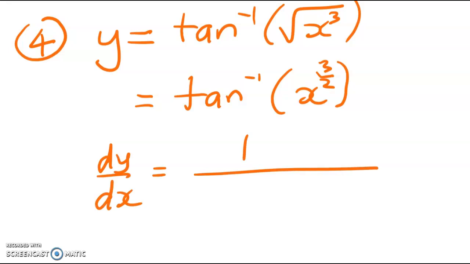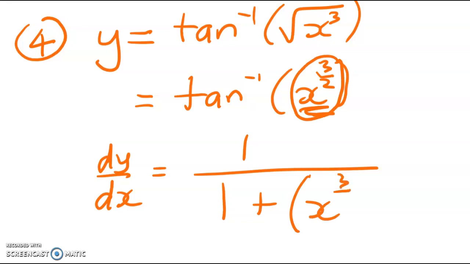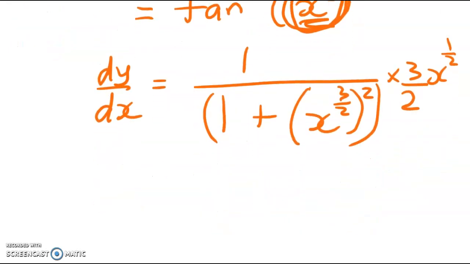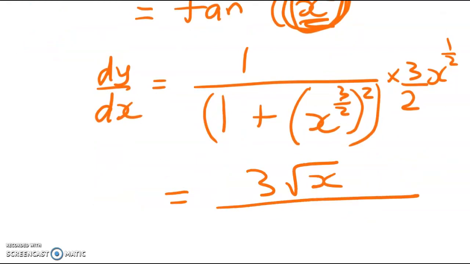will be 1 over 1 plus the blob squared. I'm going to write this out slowly. I know half of you are ignoring me and going straight to the answer, right? But we're going to have that squared, and then we have to times by the derivative of the inside function. So 3 over 2 x to the 1/2. Now this really needs a clean-up. We get 3 root x over 2,